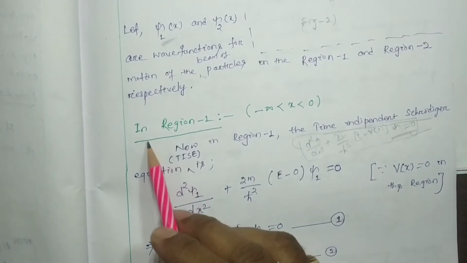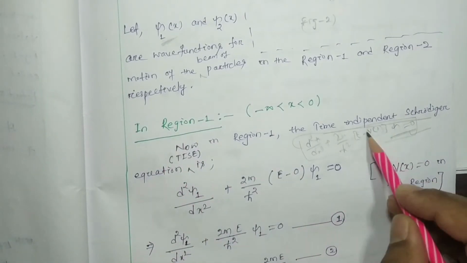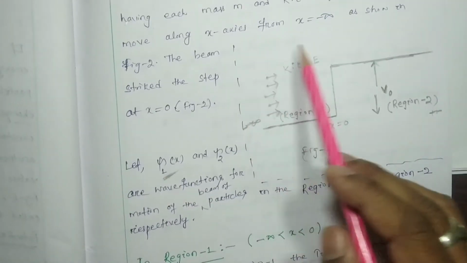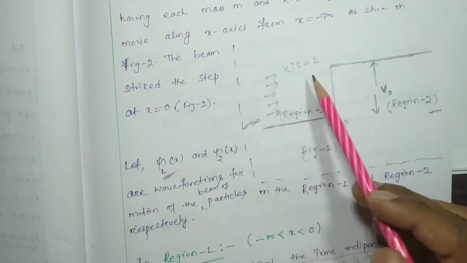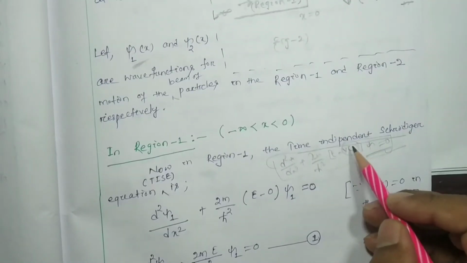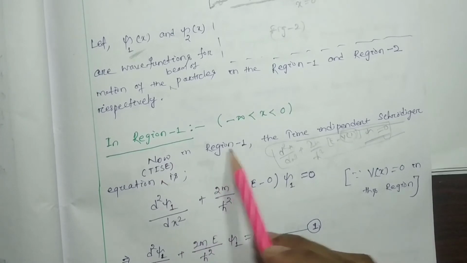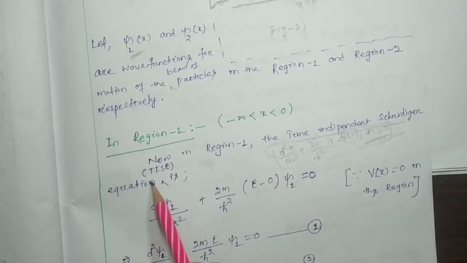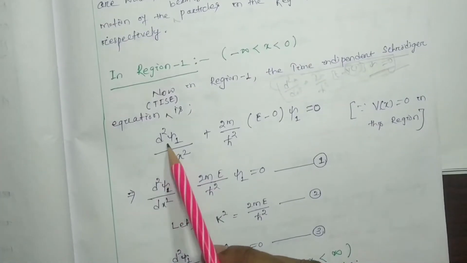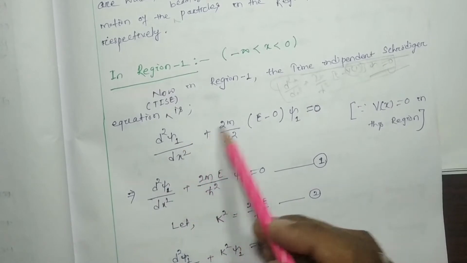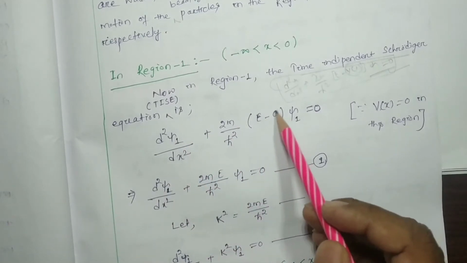Here in region 1 the potential is 0. There is no repulsive force in this region, so the potential is 0. Hence in region 1 the time independent Schrodinger equation will be d squared psi 1 by dx squared plus 2m by h cross squared (E minus V(x))